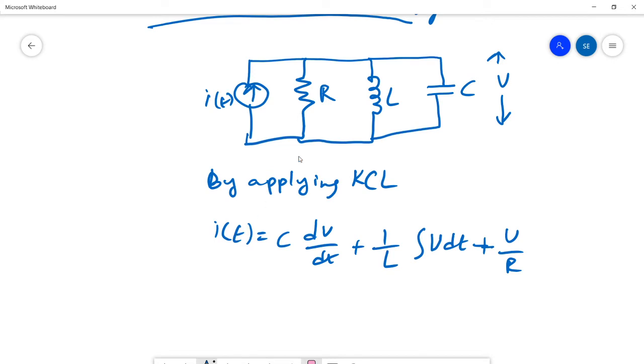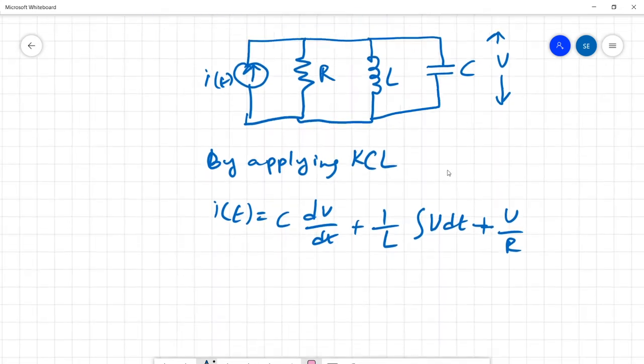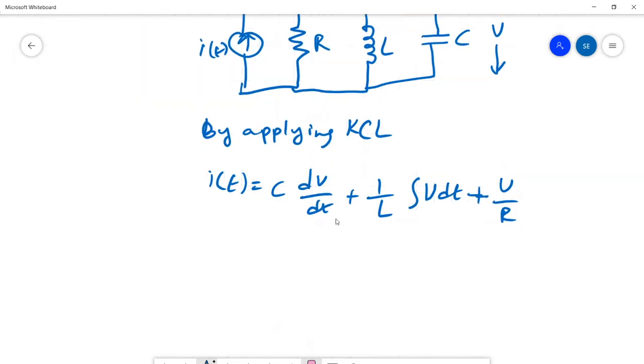Overall current is applied to resistor, inductor and capacitor. So this way we'll write it. And what we are trying to do is, here actually we don't have a term of second order derivative. We'll try to write voltage in terms of flux, right? We will write the current equation in terms of flux.